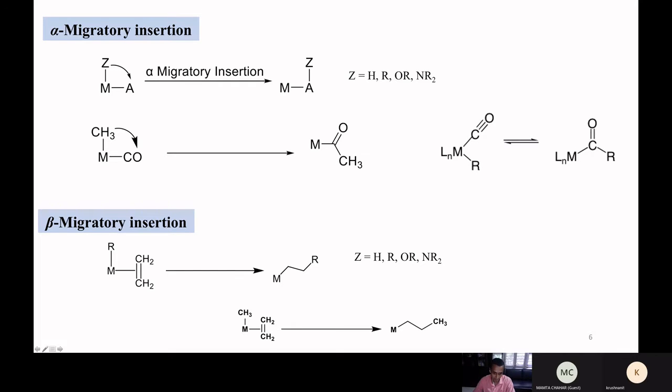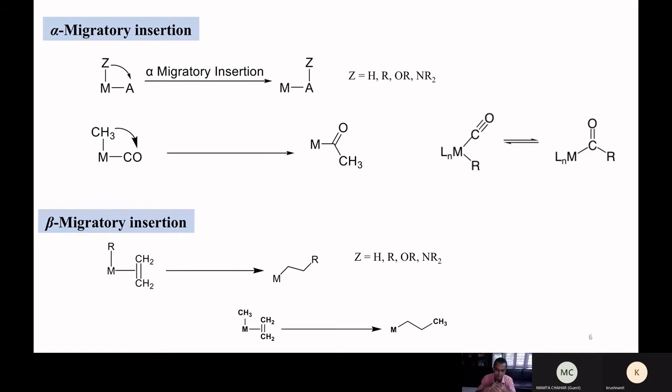Of course, there could be a gamma migratory insertion, but those are less predominant. We see very rare examples of those. Nothing really industrially relevant. That's why, although scientifically it is feasible, we are not really going to discuss gamma migratory